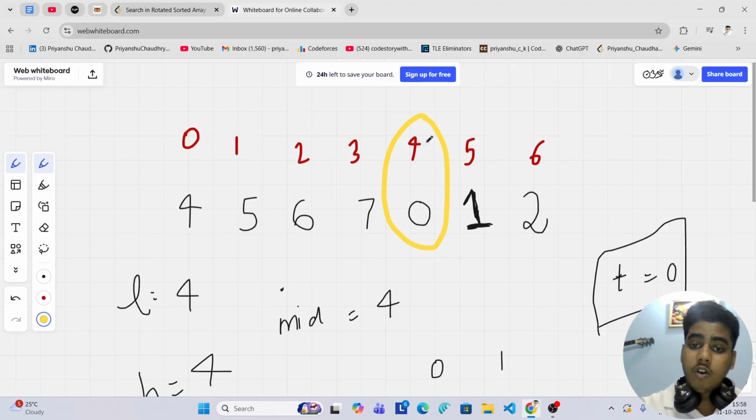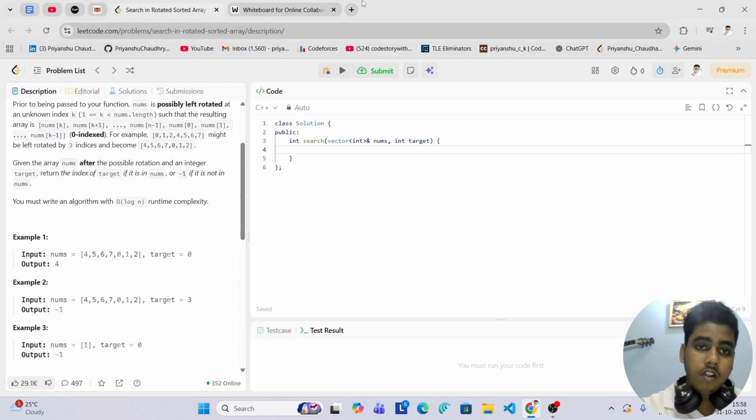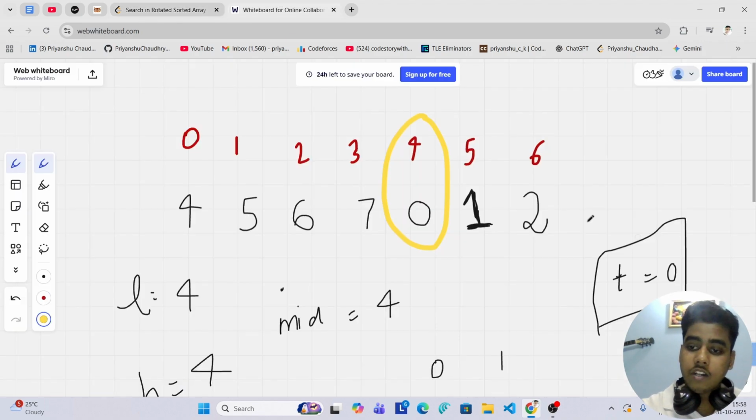And yes, now we can return the index, that is 4, and we can see our answer is also 4. And let's say our target was 3. So if the target was 3,